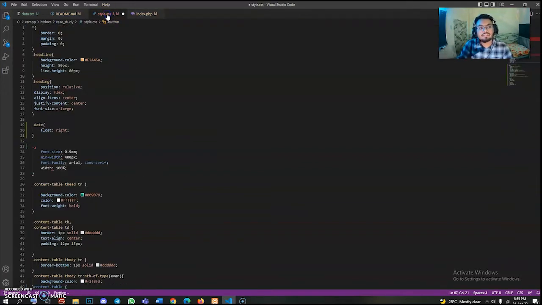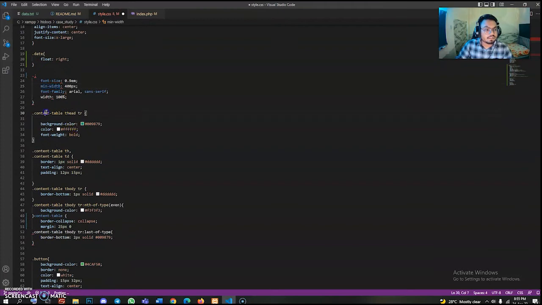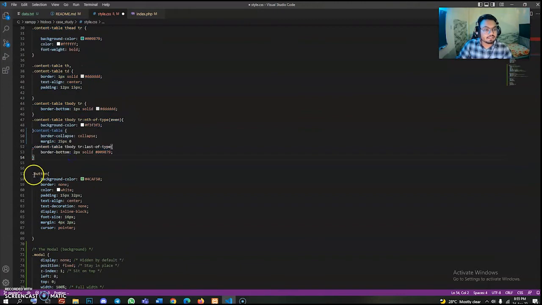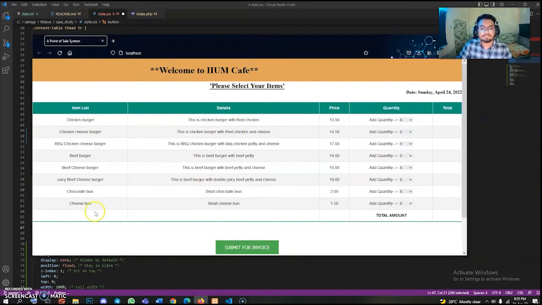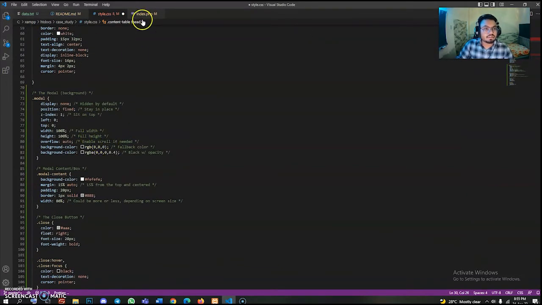And for the design, I use CSS. As you can see, for the headline and heading, we have design for every part. This is the date. So we have the content table, this and this are all for designing the table, and this class button is the design for the button. So if we look at our website, as you can see, this is the table, and this is the submit button, this is our heading. So that's all done by me, and now I would like to invite my other group mate,